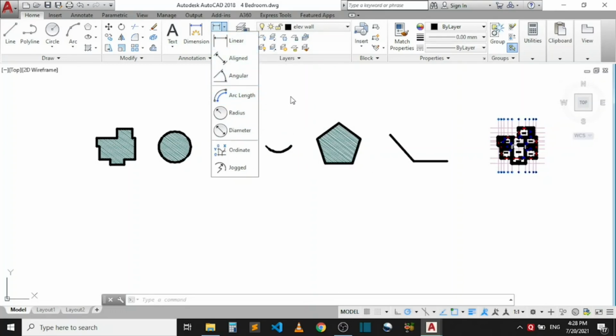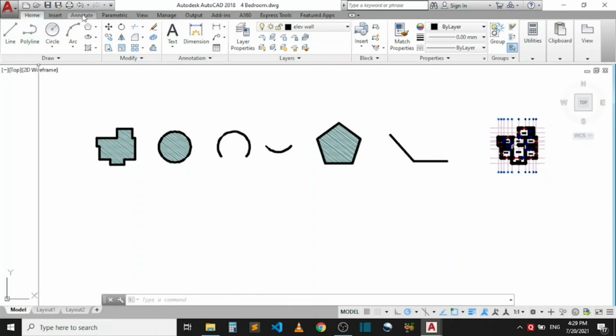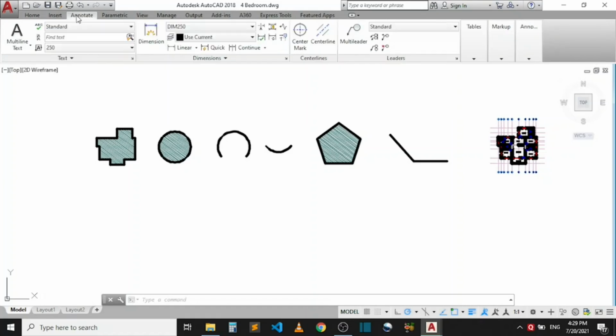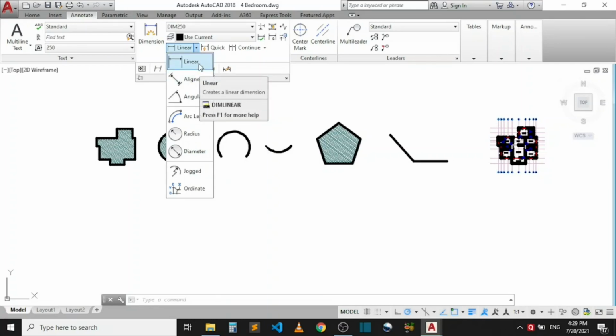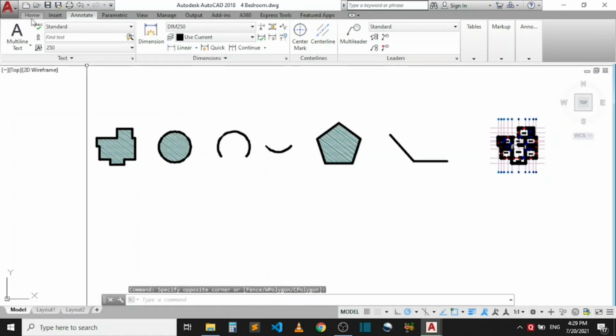Now let me click outside on an empty space. The second place where you can find dimension is on the Annotate menu tab. Click on Annotate and come to this group where you have dimensions. You can see you have dimension here, and there's linear dimension here as well. Click on this highlighted bar behind here, and it gives me more options. If I click on the little arrow by the side of linear dimension, I will have the same types of dimensions that I had on the Home tab. Let me click outside to take this away, and go back to Home.